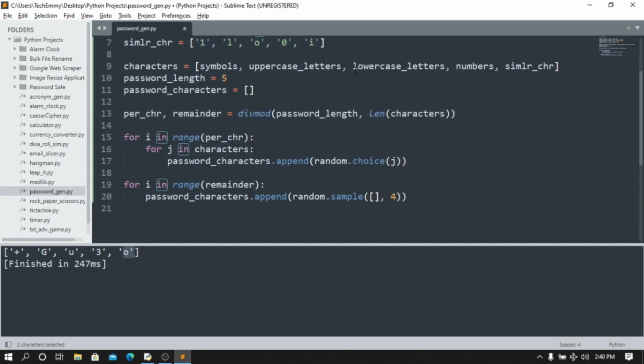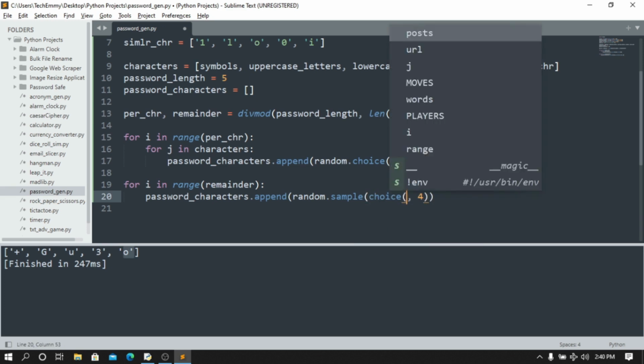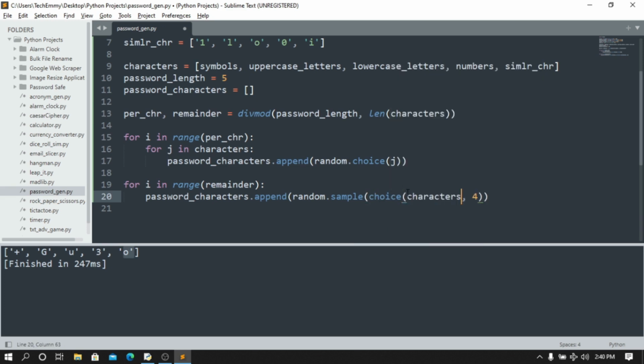It can pick any letter from A to Z, but it's going to make sure they're all up to 4. Okay, so now instead of just using any list here, we're going to use a random list from our list of characters. Let's close that here to make sure that works well. So when we do that, we're going to print password characters down here. If I run that,